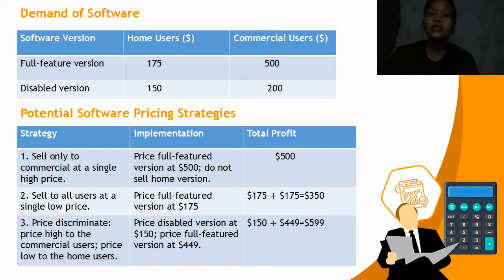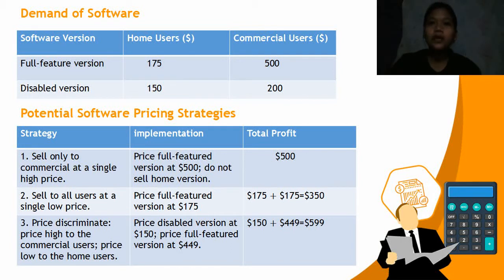In the third strategy, price discriminate: price high to the commercial users, price low to the home users. In implementation, price the disabled version at $150, and price the full feature version at $449. So total profit is $150 plus